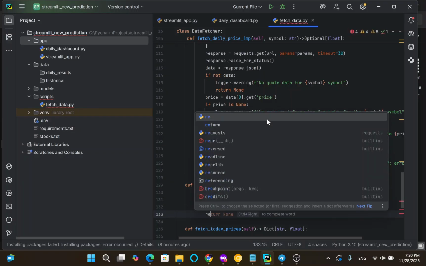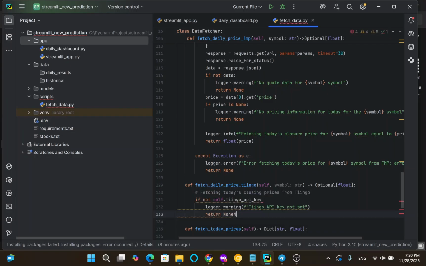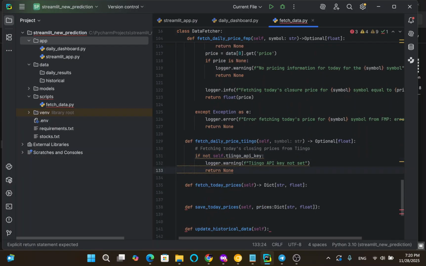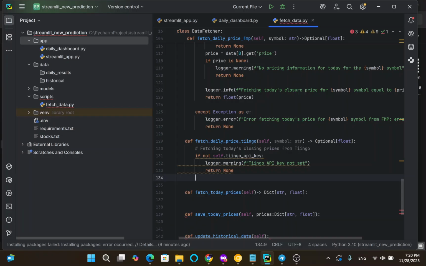And here we will return, forgot here, syntax. Now, if it's not the case, our try